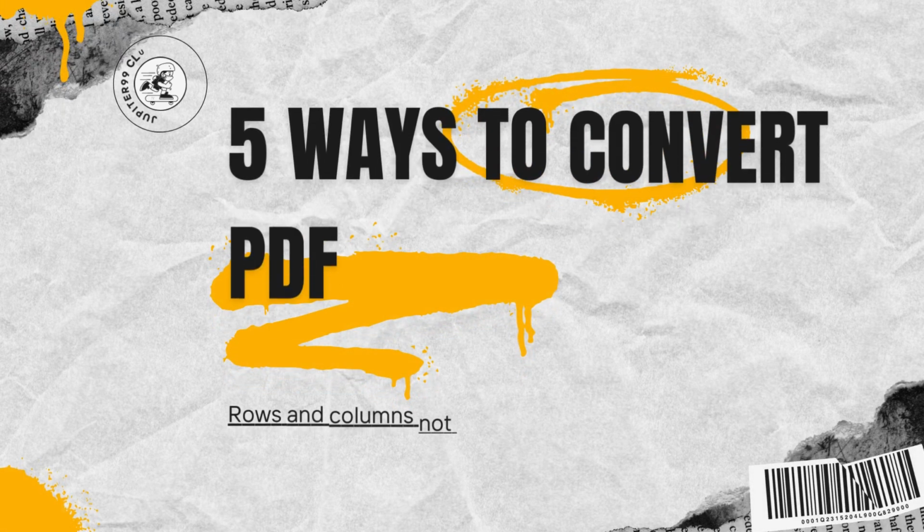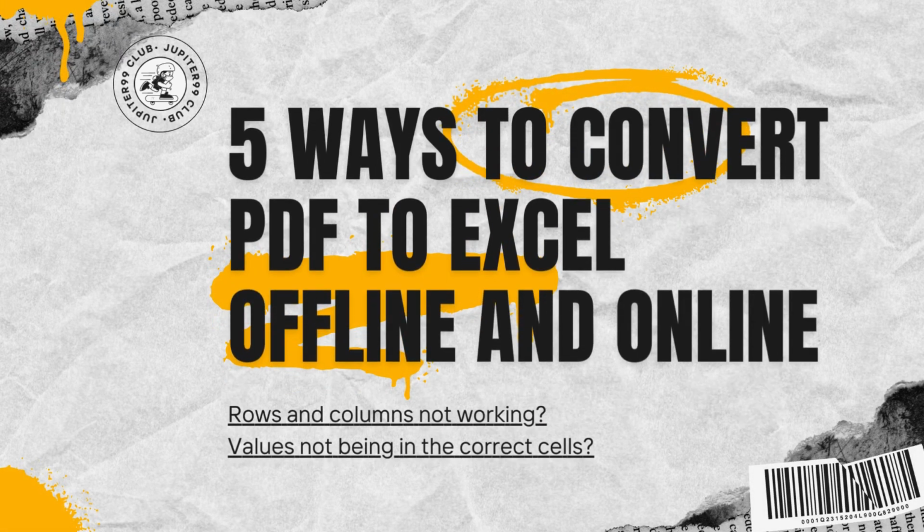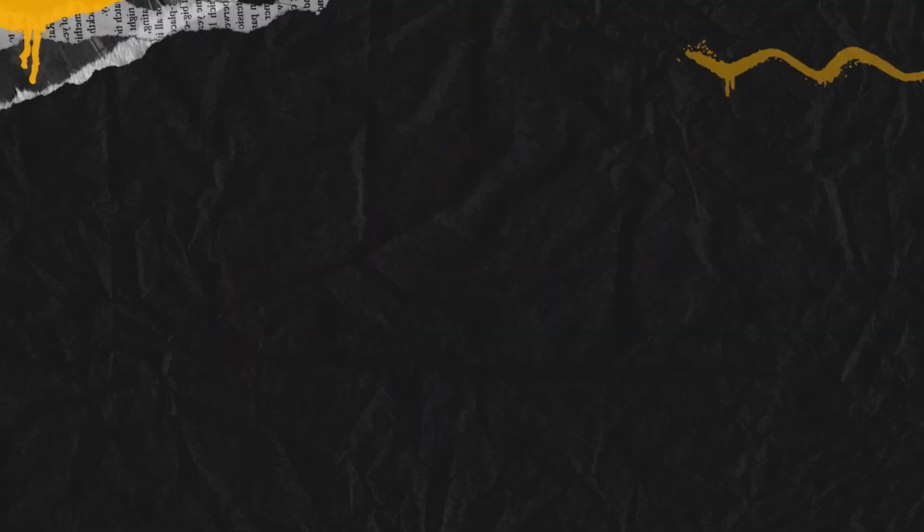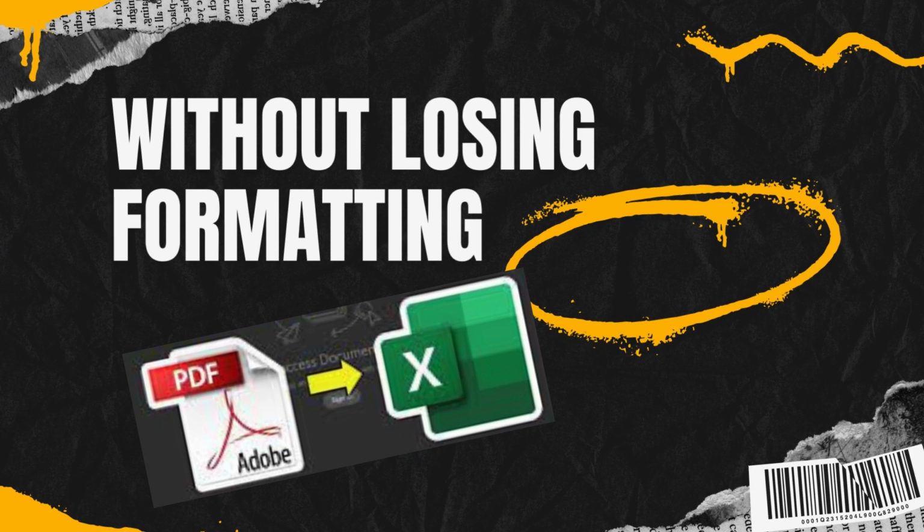How to convert PDF to Excel without losing formatting. When converting PDF to Excel, the formatting can always be out of place, like rows and columns not working and values not being in the correct cells. In this video, we will show you 5 solutions to convert PDF to Excel with quality retained, both offline and